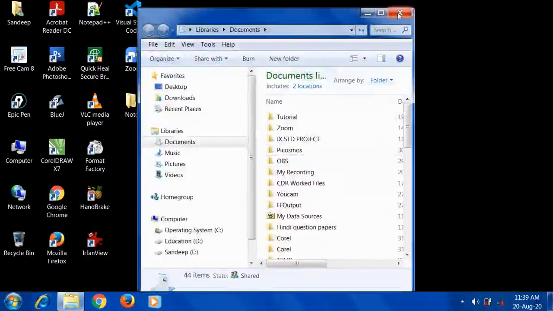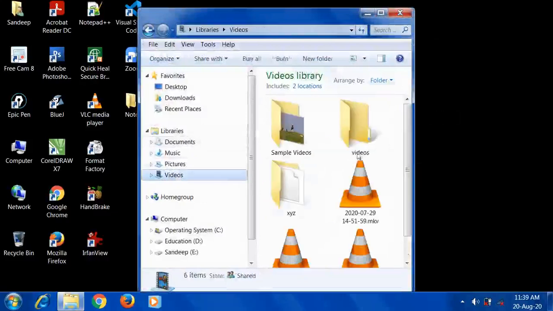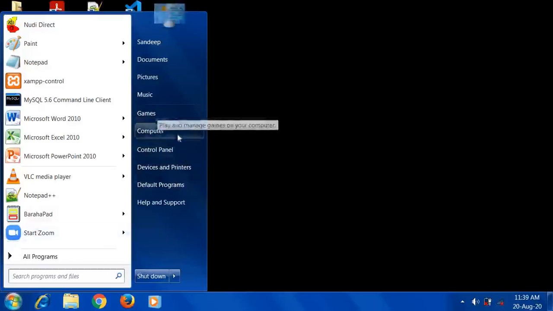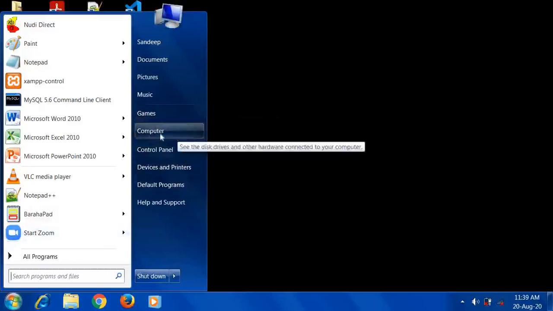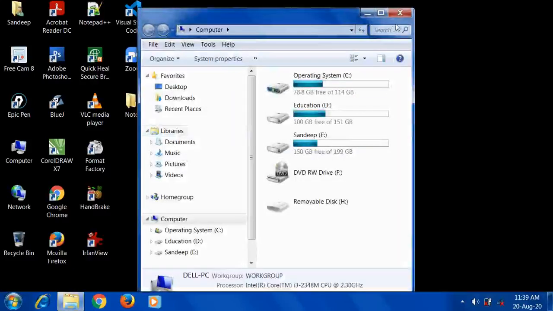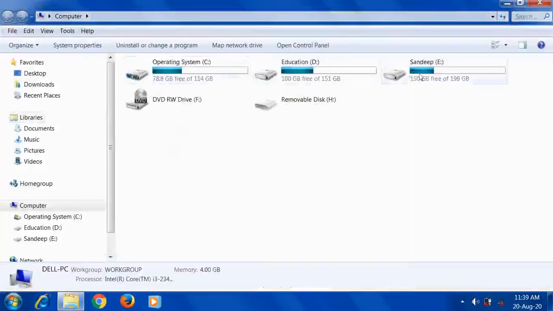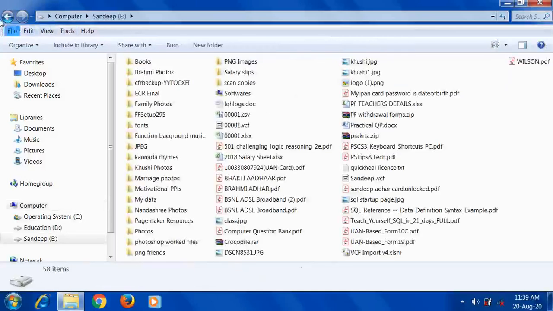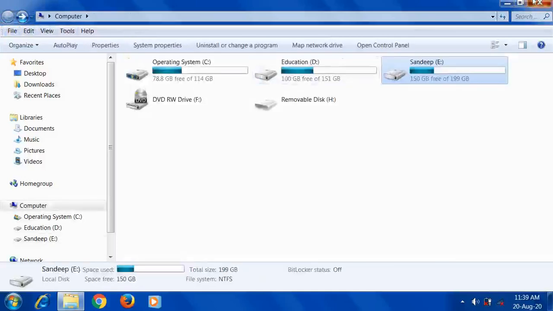Here you can see videos. Next, here, games and the computer icon are given. When you click on this computer icon, the information related to your computer gets displayed. Meaning how many drives you have in total, what the storage capacity of each drive is, and how much space you have used in your system. That status gets displayed in Computer, and you can open a drive by double clicking on it. So when you double click, that particular drive opens. So this is the computer icon.